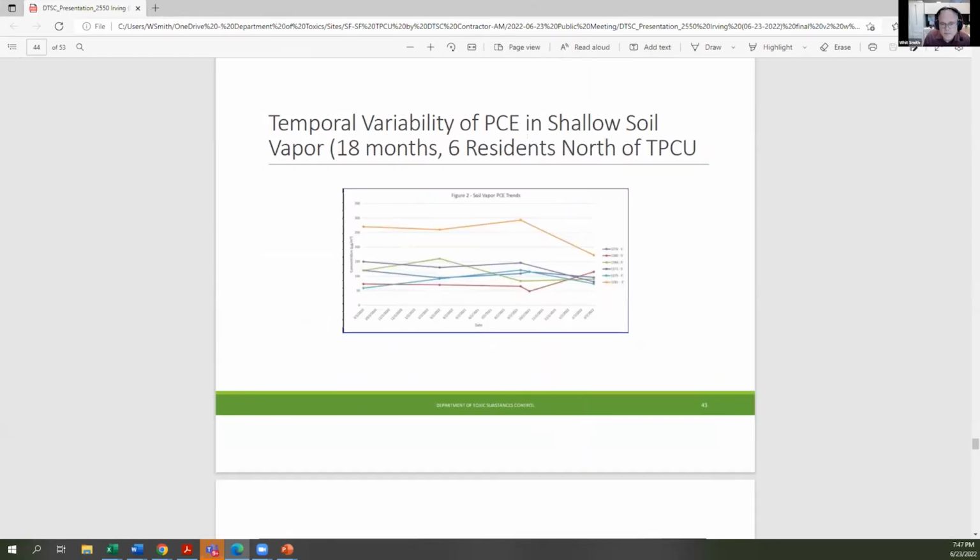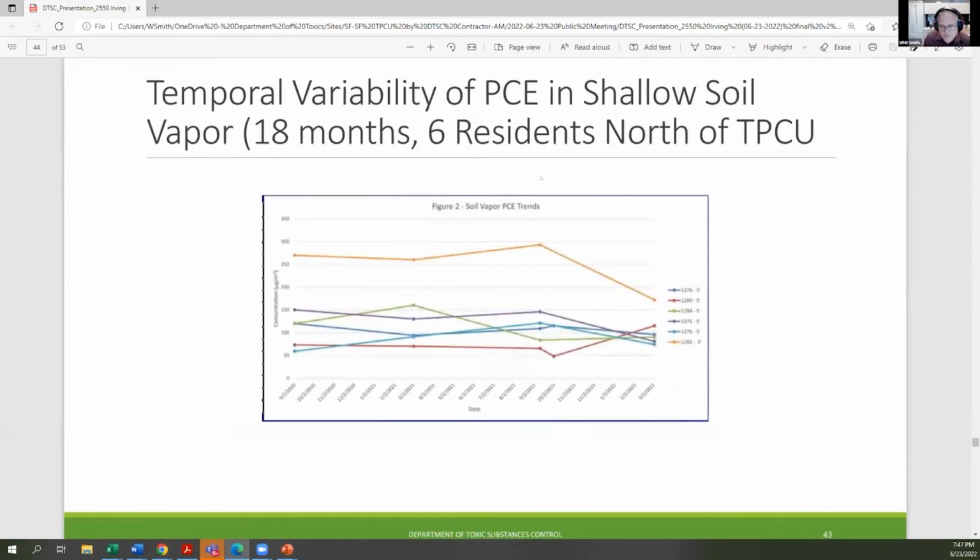So this is a preliminary figure for the deeper. Oh, these are the shallow profiles. I'm sorry, Joan, I don't have the deeper ones with me. These are the shallow ones. This comprises just under 18 months of data. Of